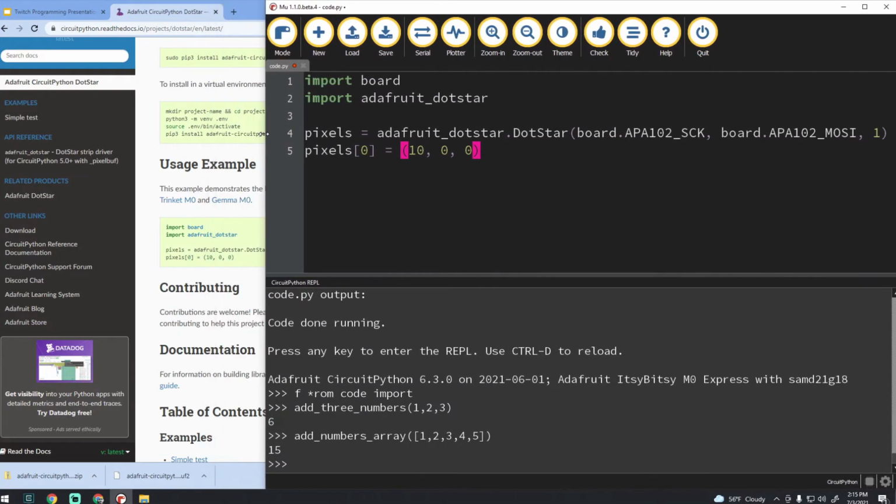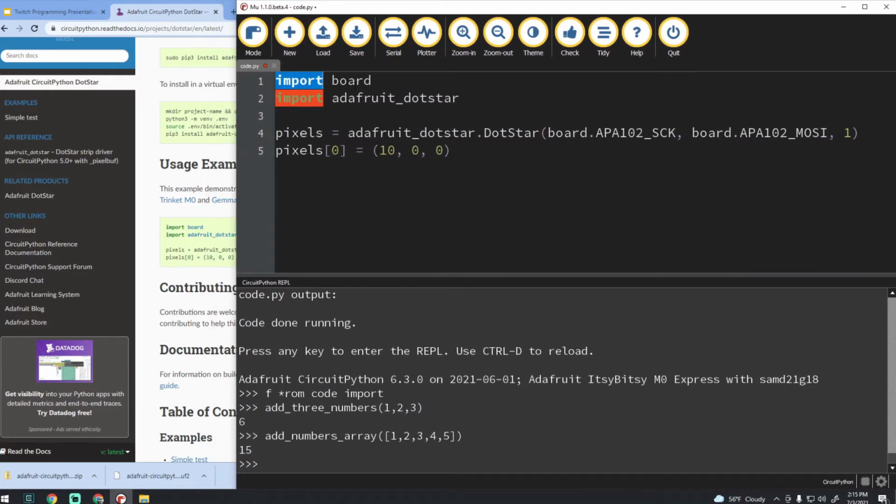So what this code does is we're looking at import statements. It's importing the libraries that we need, and then pixels. So there's a single pixel. How we use a library: this library is the Adafruit DotStar, and we want to use DotStar, which is more advanced syntax, but that's basically how we use the library. And we'll say on the board, we want to use pins